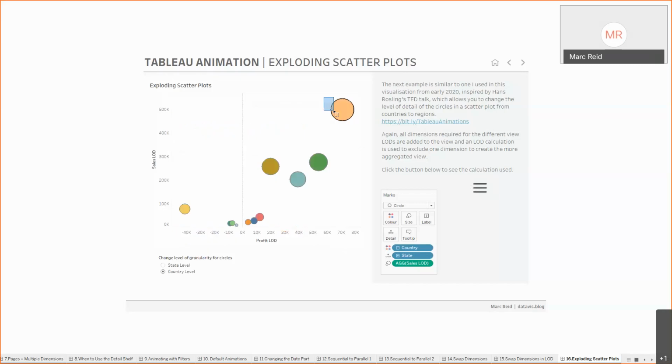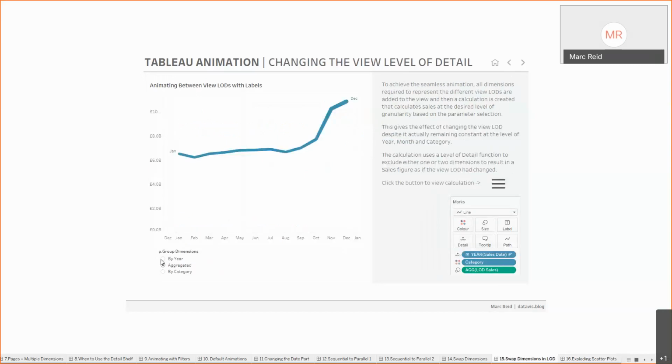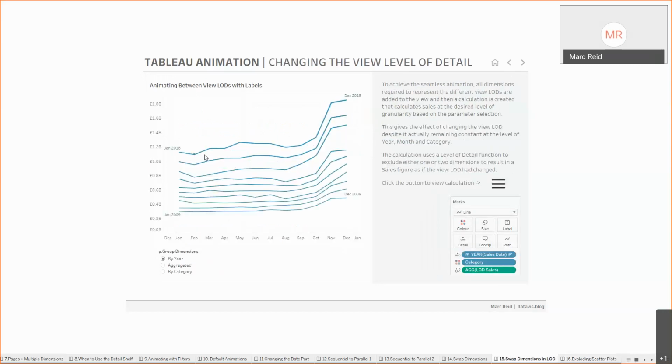And again, you can see if I select here, I've got 12 items selected, so actually those marks are layered on top of each other. And that was the same in this previous example as well. You can see, for example, I'm showing 10 years here, but there's 6 categories. So what's actually happening is there's a line for each year and category laid on top of each other. So for example, if I select this mark here, I'm actually selecting 6 marks in the view, and you can see the value of that is 6 billion, and 6 billion divided by 6 gives you the 1 billion, which is on the mark on the axis there.